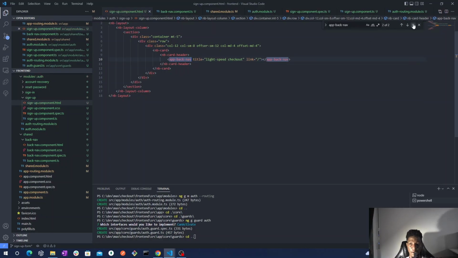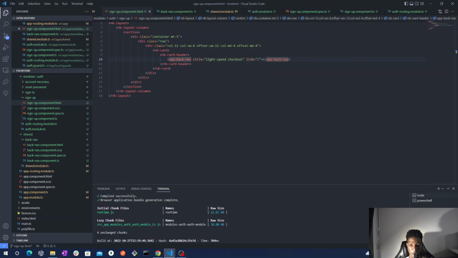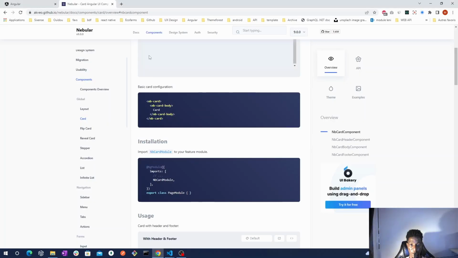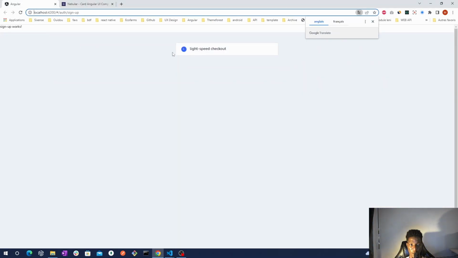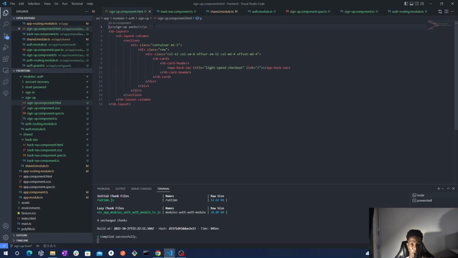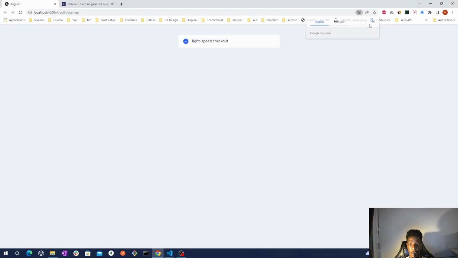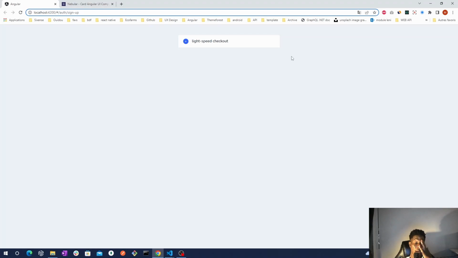So we have our back navigation. Let's actually see what it looks like. I think nothing, but we can check each time. Great, we start having something. Okay, remove this. And now we will have